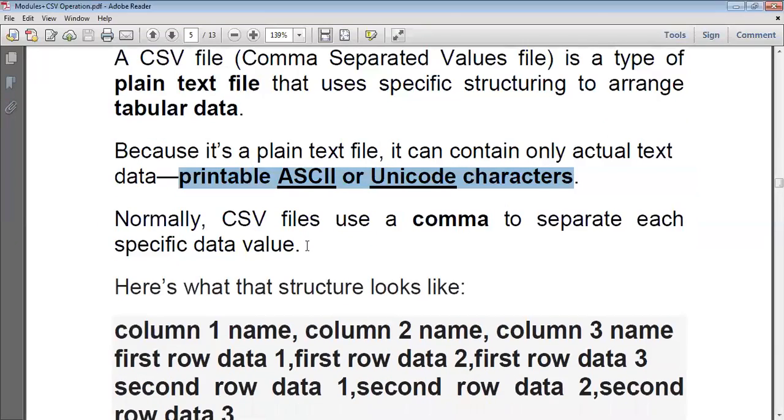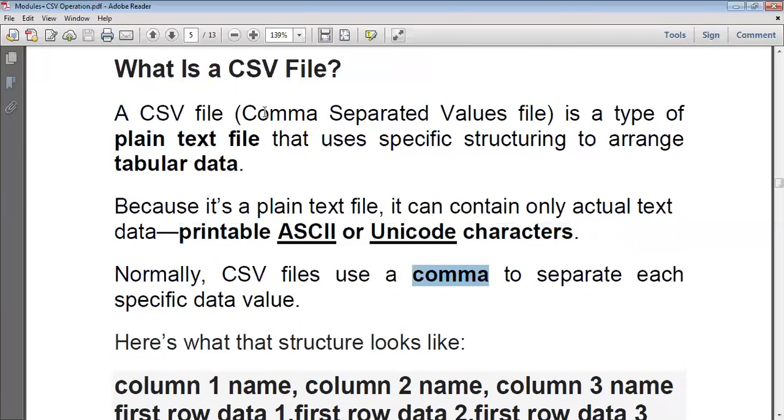Each and every data value can be separated with the help of a comma operator. It is stored in the form of a table structure, which means columns and rows. How each column is separated, how the value in each row is separated, is with the help of a comma.